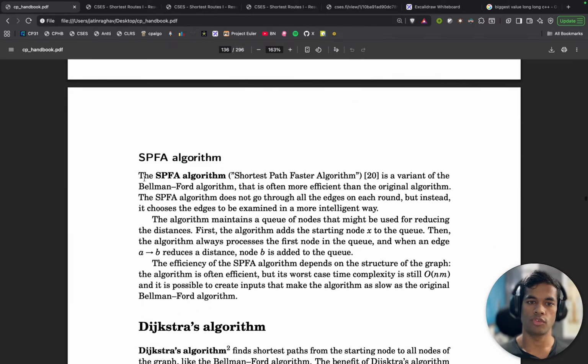SPFA, the shortest path faster algorithm, is a variant of the Bellman-Ford algorithm that is often more efficient than the original algorithm. The SPFA algorithm does not